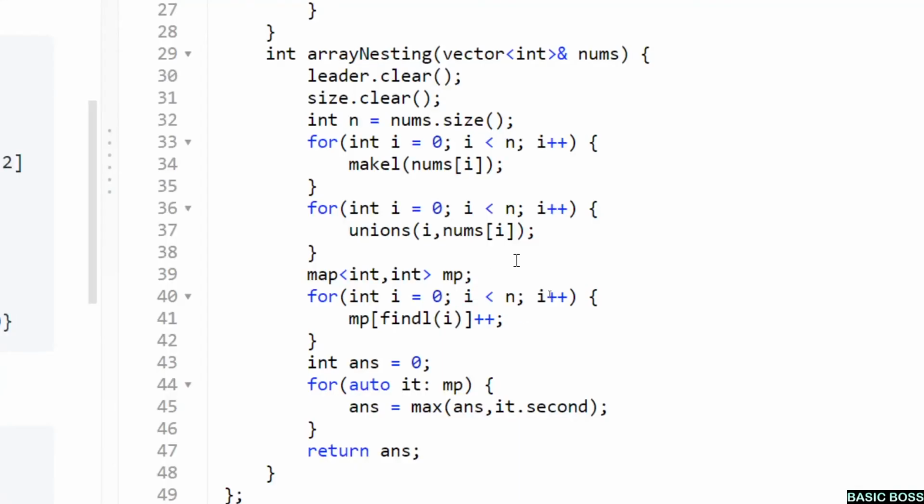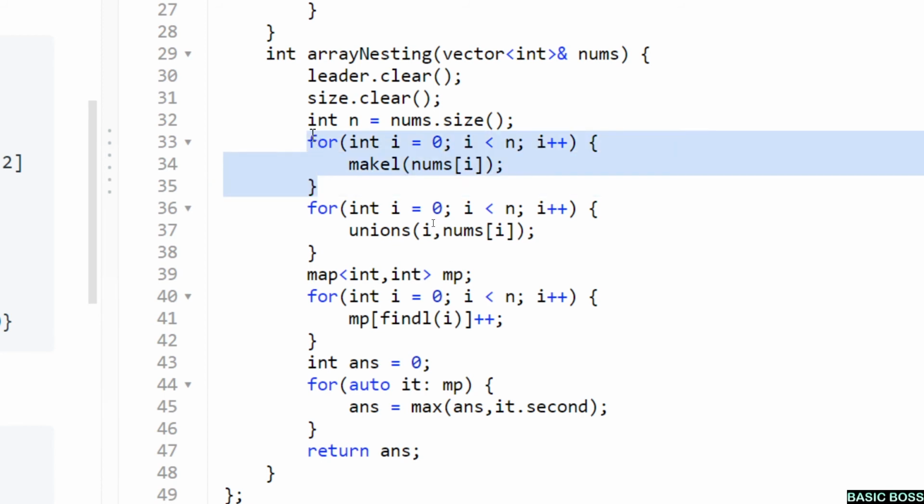So now let's see how to code it in C++. So I have come to the LeetCode IDE. Now let's see how to do it. Okay. So as I described the algorithm, first we'll be iterating through the array. So here what I've done is for int i equal to 0, i less than n, i plus plus, basically I'm iterating. You know that for implementing DSU, you first need to use the make function. So here I've called the make function and I have passed in the element. So what I'm telling the function to do is that you basically make the element the leader of itself.